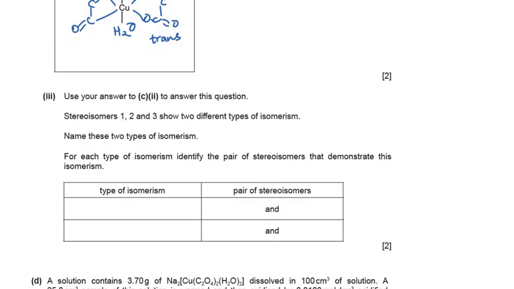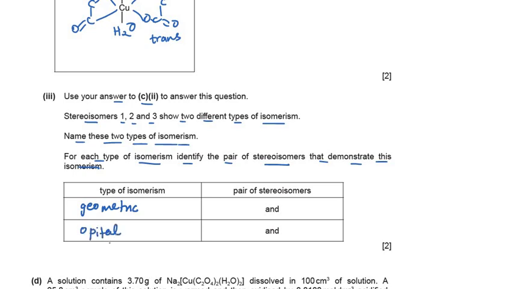Okay, there is one more question where it says, use your answer to C2 to answer this question. Stereoisomers 1, 2 and 3 show two different types of isomerism. Name these two types of isomerism, and for each type of isomerism identify the pair of stereoisomers that demonstrate this isomerism. So as I have specified, we have drawn two types of isomers, that is cis and trans, which we can also write as geometric isomers, or even you can write cis and trans isomers, and the second one is